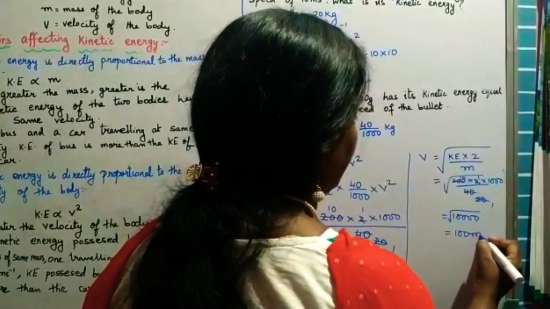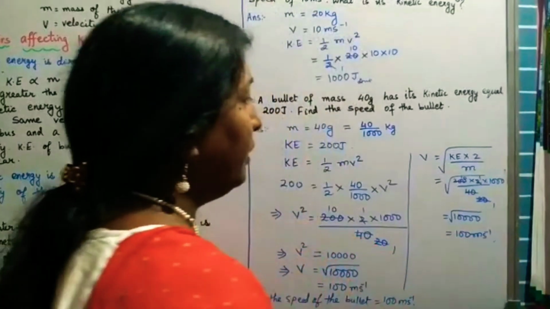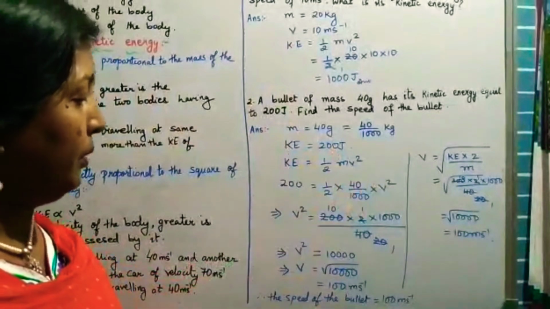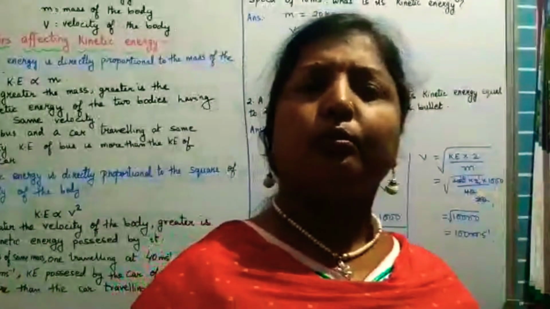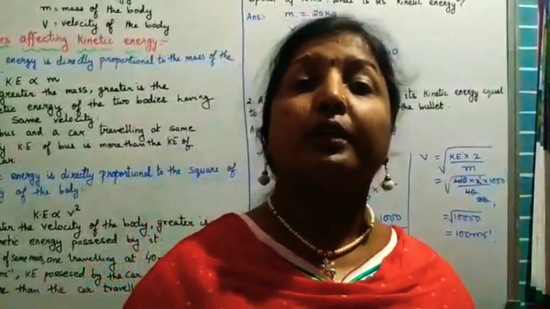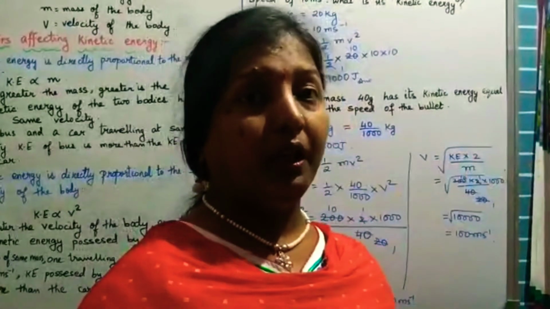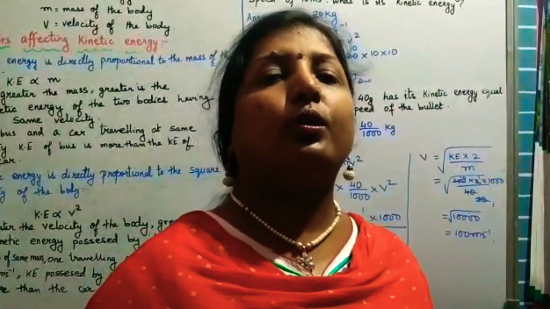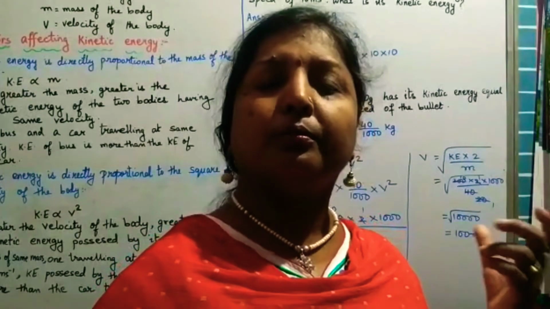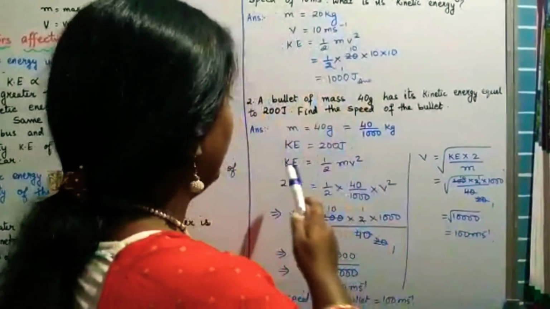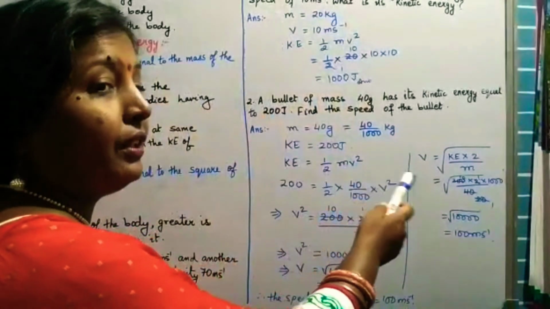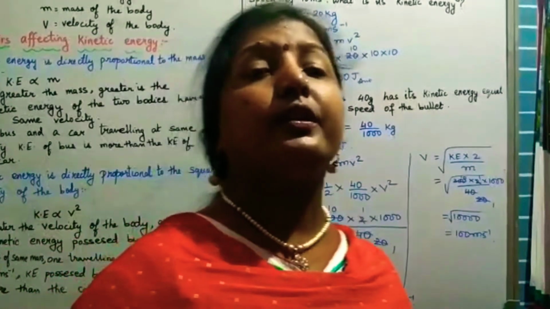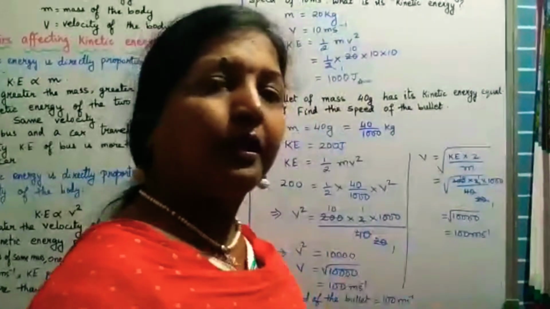So you can see, if you use the direct formula also, the answer is the same. So the two ways I showed, those who can remember this formula, well and good, you can solve it. But otherwise, if you want to remember fewer formulas, you simply remember kinetic energy is equal to half mv square. Substitute whatever is given to you, calculate whatever is not given to you. Your mathematical skills are really good, so I don't have to worry about that.